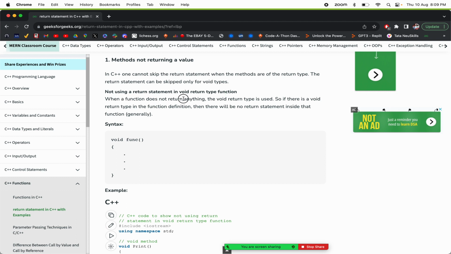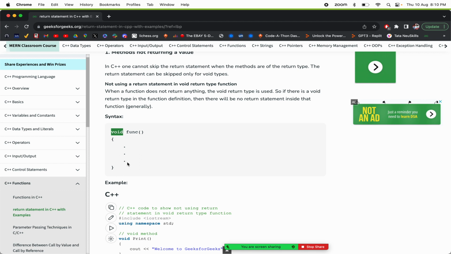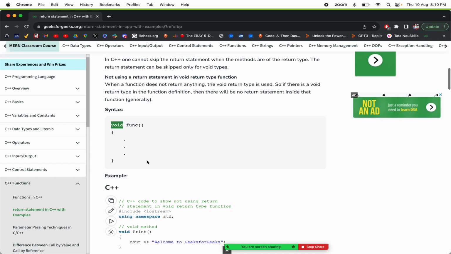So when a function does not return anything, the void return type is used. So when you are not returning anything, the void return type is used. So if there is a void return type in the function definition, or in the declaration only you give void return type, then there will be no return statement inside that function generally. So generally you won't find a return statement in a function that has return type as void, right? But if you give the return statement inside here to mark the end of this function,